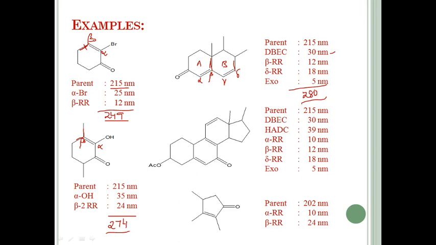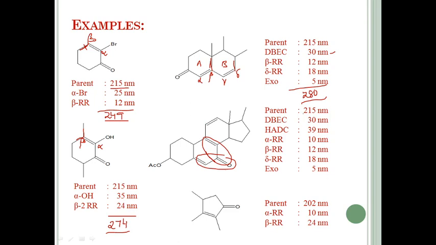So here, for this portion there is a cyclic enone system, and for this portion also a cyclic enone system is present, but in this case only the alpha and beta places, while here alpha, beta, gamma and delta extension of conjugation is present. So that's why we have to consider this portion, leaving this portion. Even though conjugation is present, we have to find the extension of conjugation.